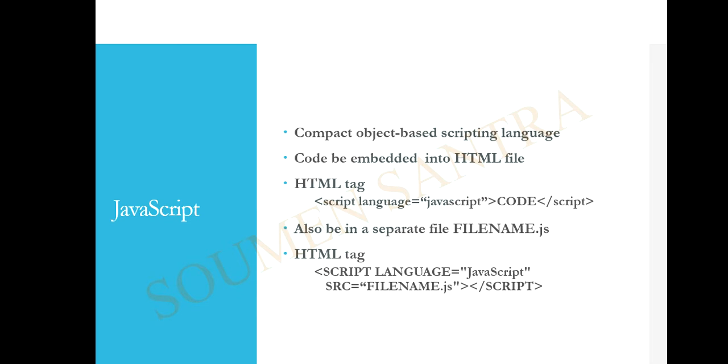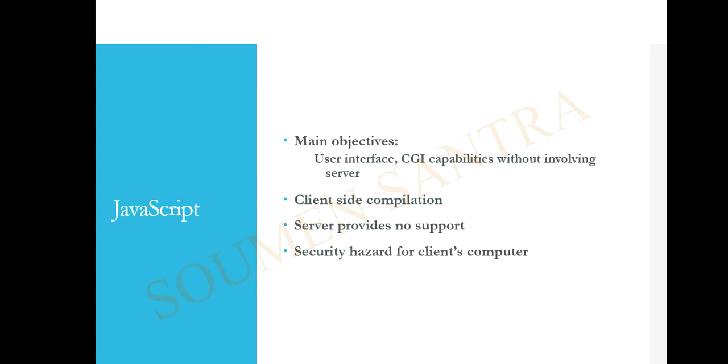What is JavaScript? JavaScript is simple code with the extension .js which gives enhanced features to HTML. What is the basic format of JavaScript? We write script language equal to, within double quotes, JavaScript, then give the file name as the source using src. Using src we can import JavaScript into our HTML, and the file name should be remembered as .js.